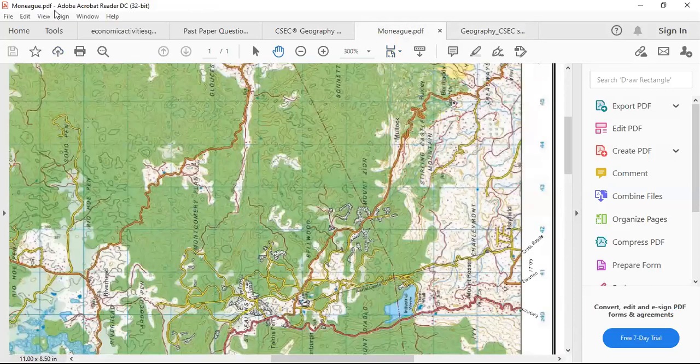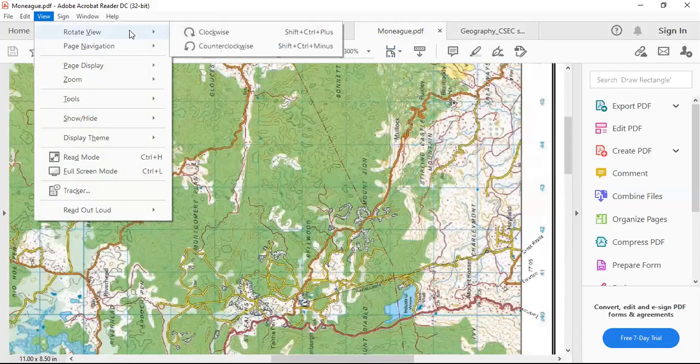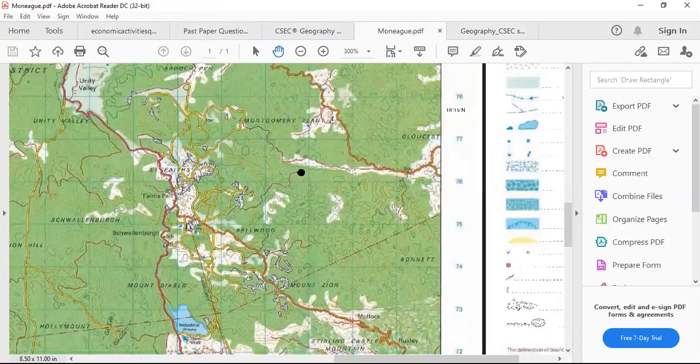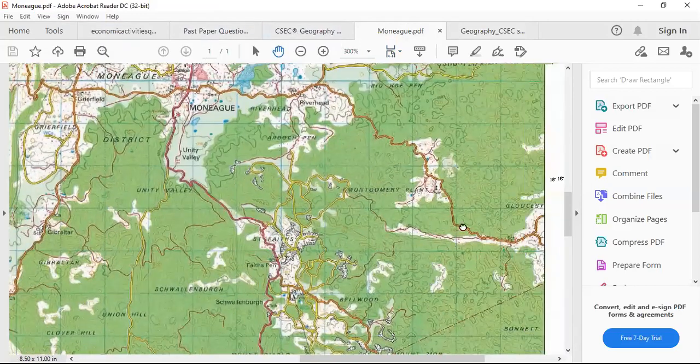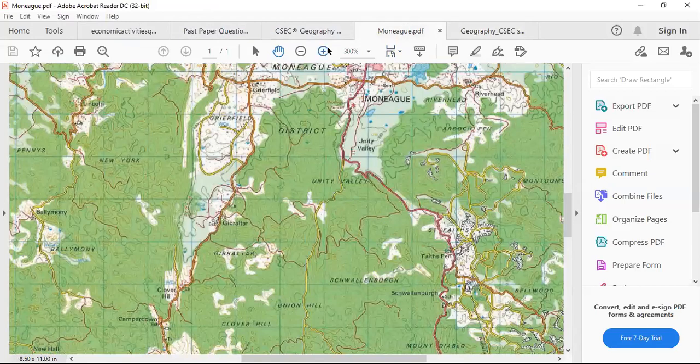Oh my God, what did that do? Right? So where Moneague is in terms of,